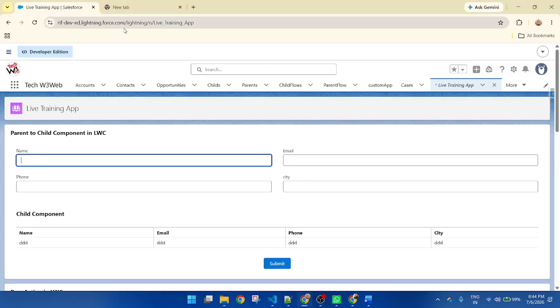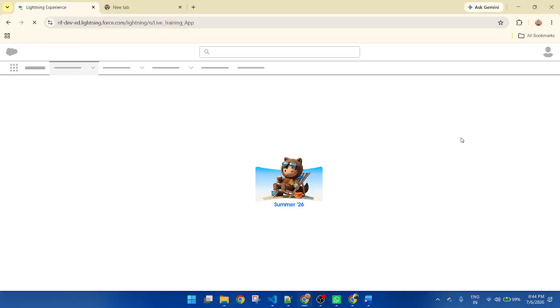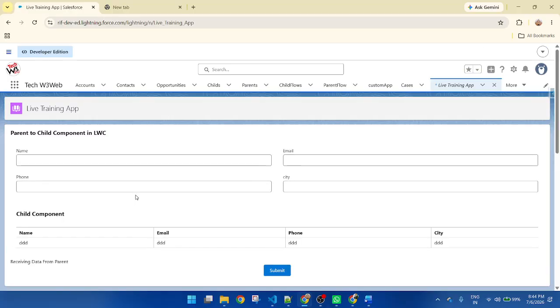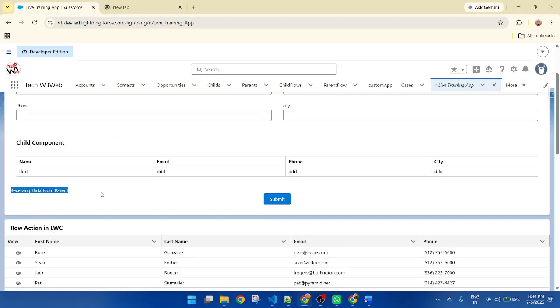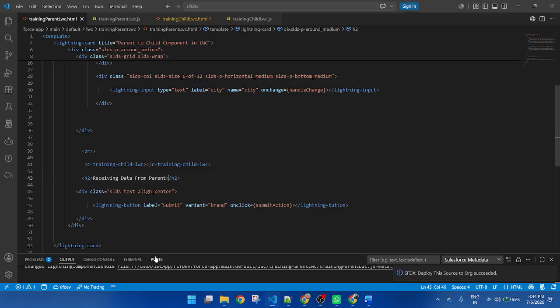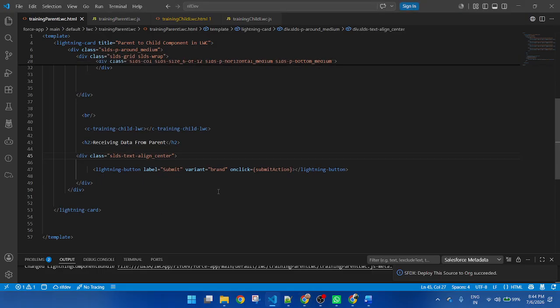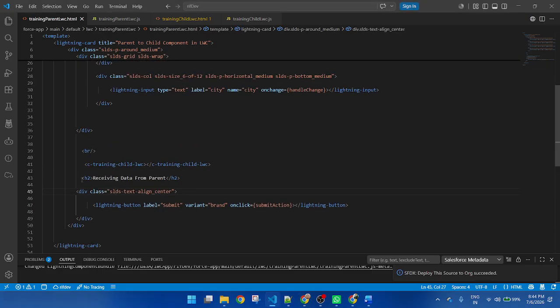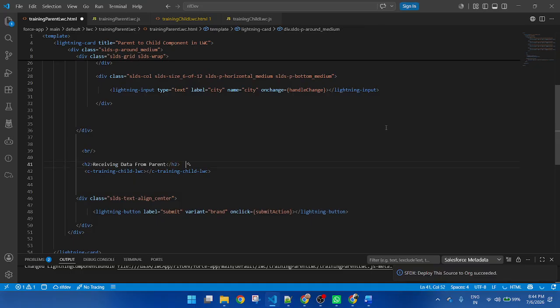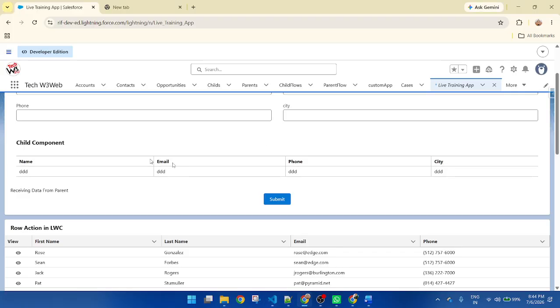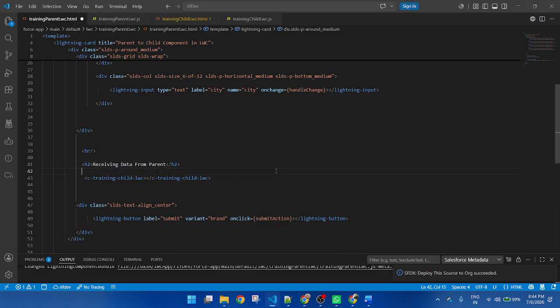Here I am putting a title, receiving data from parent. This title should be above this component, not below.